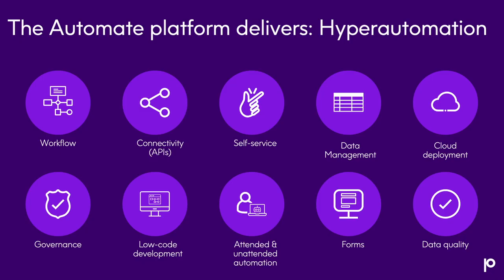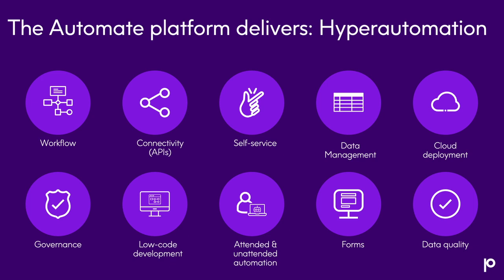Governance. Yeah, that idea of being able to govern that entire process, make sure that the business rules you have in place are being followed, is absolutely critical to your automation success. Low-code development. Again, we believe very firmly that the closer you can get the development of your automation to the people who know the data and own the process, the more efficient and more effective it's going to be, and the faster it's going to happen. We've done this for 20 years. We've worked very closely with those teams that are close to the business. Often it's people within the business. So you can have SAP super users, or you can have members of your functional SAP team really doing that script development for those automations.